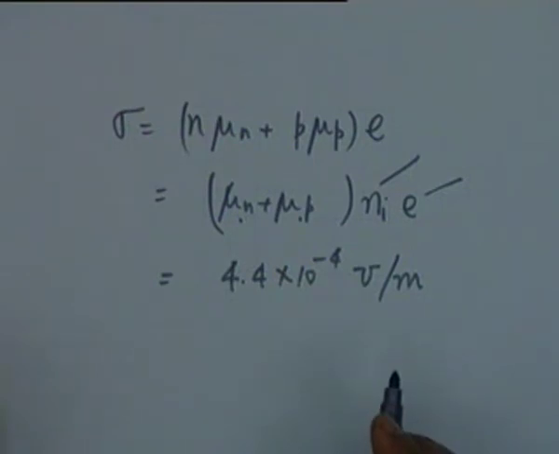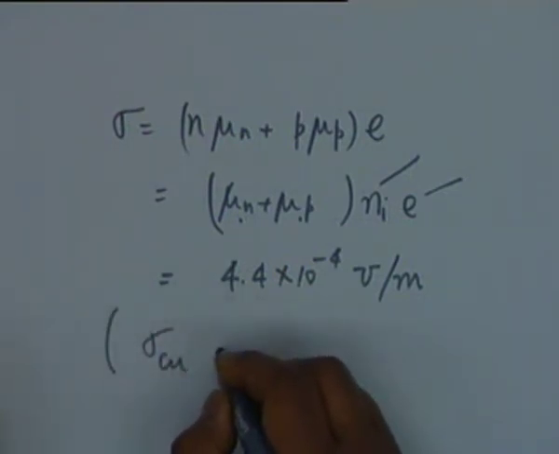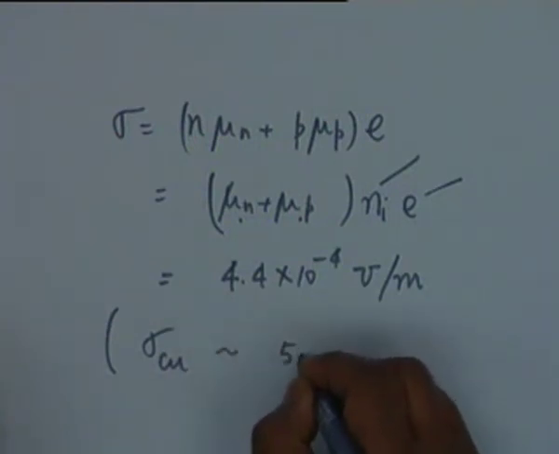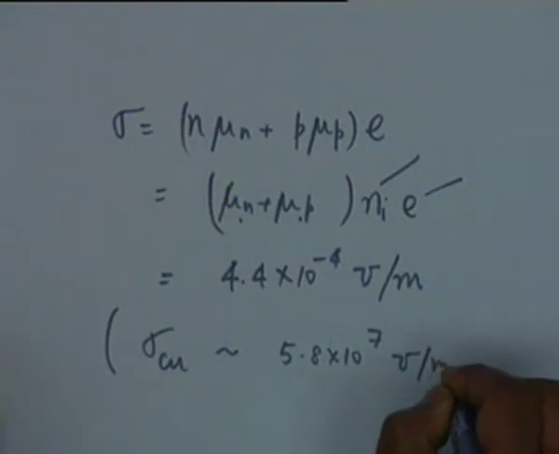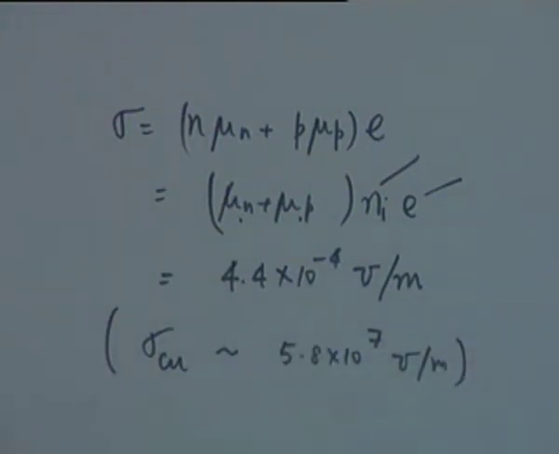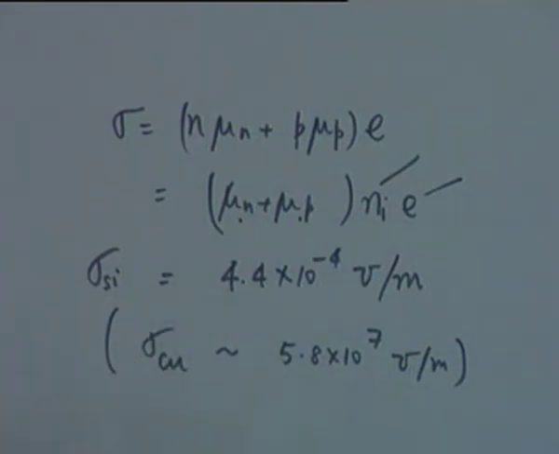Is the unit correct? You compared this with copper. What did you calculate? Copper is 5.8 times 10 to the 7 mho per meter. You see how poor the conductor is. Sigma silicon is much less than sigma copper, and therefore at normal room temperature silicon is an extremely poor conductor